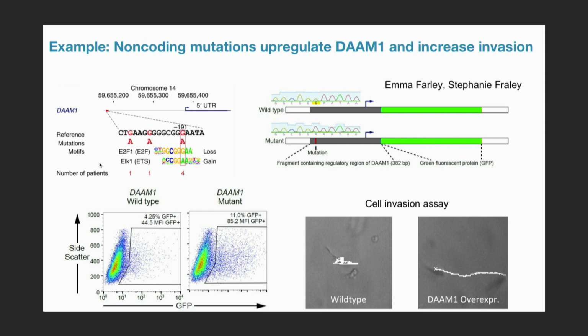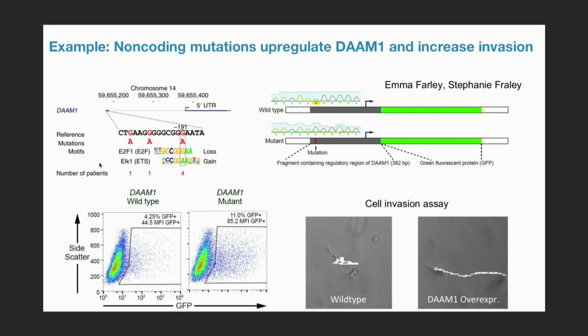Based on that, we then went into lab, and this is Ana Bojorquez who did this particular work, and made those constructs, both the wild type G and the mutant A at that position, upstream of a green fluorescent protein, so you can look easily at its effect on expression, and then use fluorescence cell sorting to look at whether that actually mattered for the amount of GFP you get, and in fact it matters a lot. So it's the x-axis here that you should be looking at. Each one of these is a cell, and you can see there's a higher GFP expression by and large when you look at the mutant construct as opposed to the wild type.